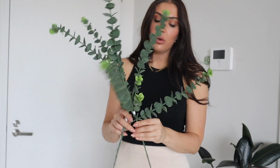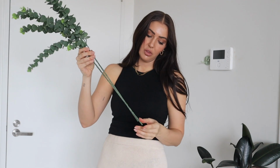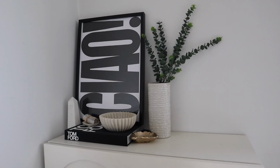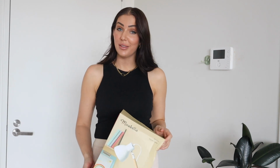There's a little bit enough there basically to look like a little something, but the stems on them are a little bit too long. So I'm just going to give them a trim and then I can style them up in the pot in my room. One more thing I needed to pick up, which I haven't had since I've been working from home,